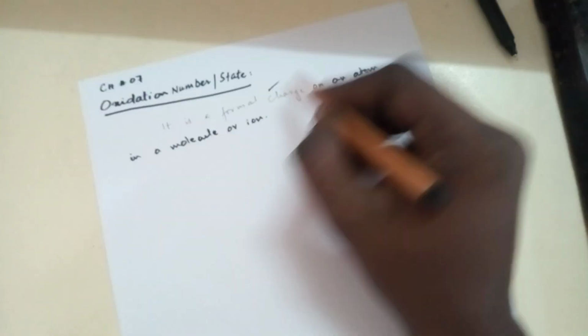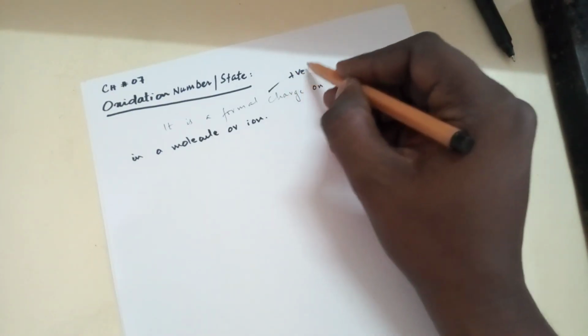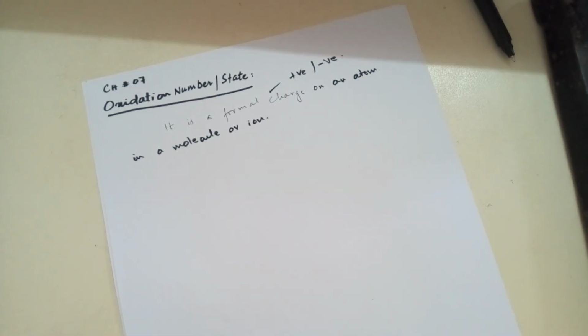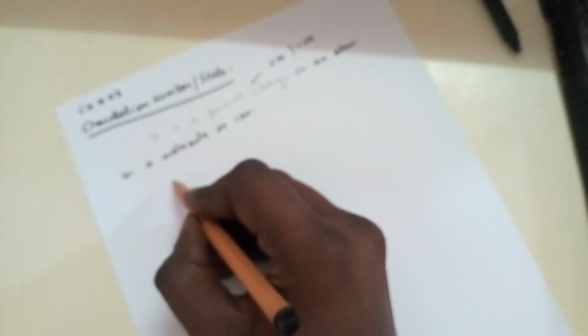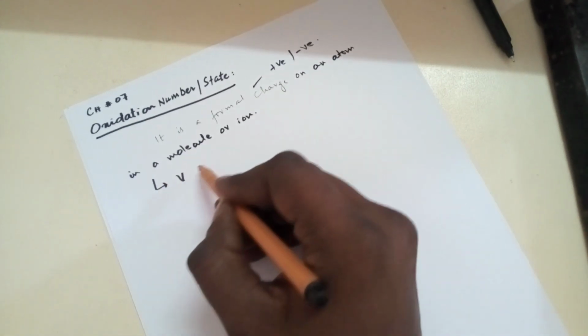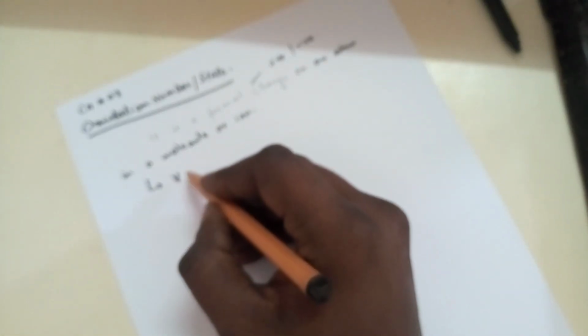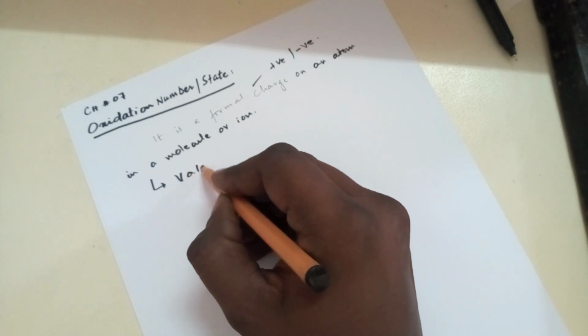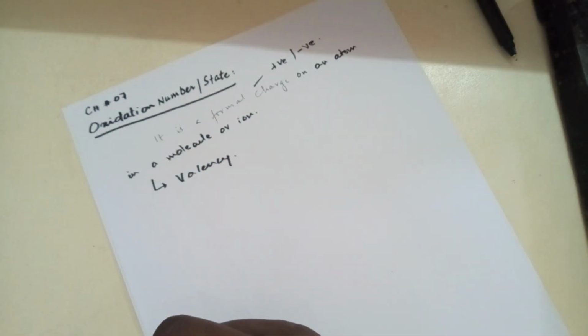अब ये फॉर्मल चार्ज जो है इधर पॉजिटिव भी हो सकता है और ये नेगेटिव भी हो सकता है। सो फॉर एग्ज़ाम्पल फॉर्मल चार्ज जो है ये बहुत ज़्यादा एसोसिएटेड है एक टर्म के साथ। बिफोर यू अंडरस्टैंड दिस ऑक्सीडेशन स्टेट यू मस्ट हैव टू नो व्हाट इज़ द टर्म वैलेंसी मीन। ठीक है, इसको समझने के लिए हम वैलेंसी को सेपरेटली समझेंगे।